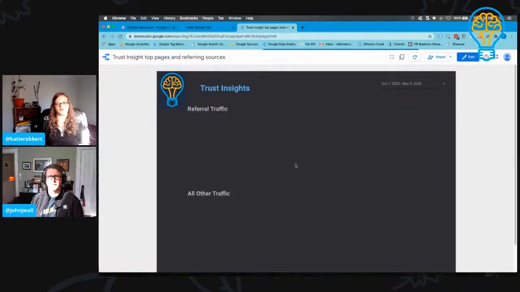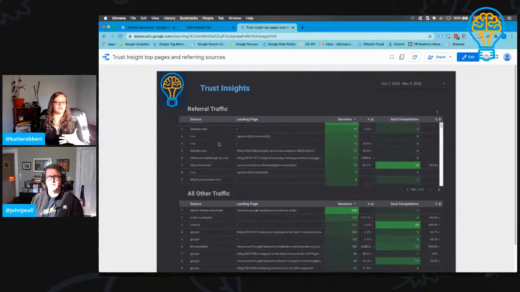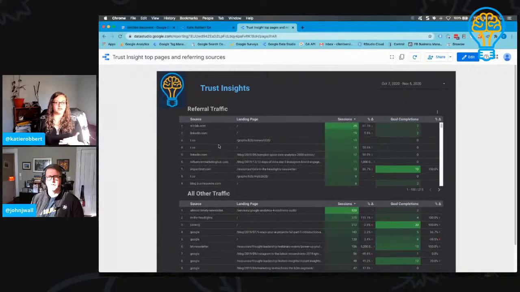This is something that I put together a while ago because what I wanted to know was where people were coming from. So I called it the top pages and referring sources. But I also wanted to know if we were making any setting mistakes by referring to ourselves. And what I was able to glean from our data is, okay, we're getting a lot of referral traffic from Twitter, from LinkedIn, which we know is miscategorized in Google Analytics. It should be